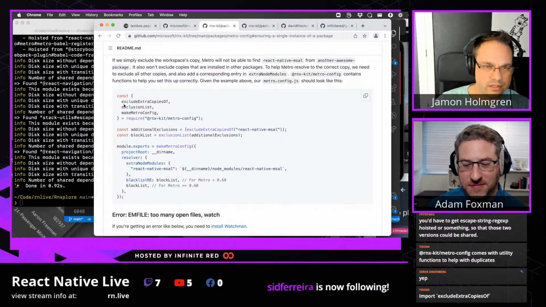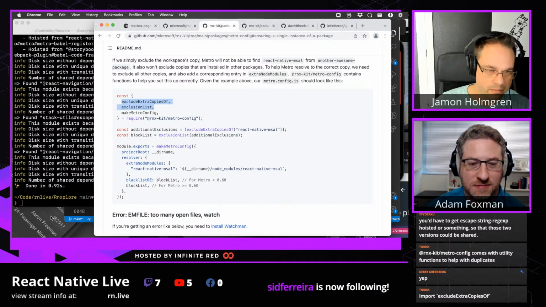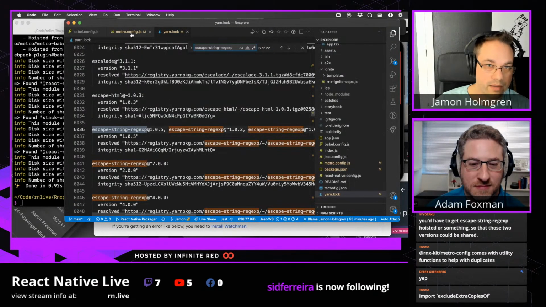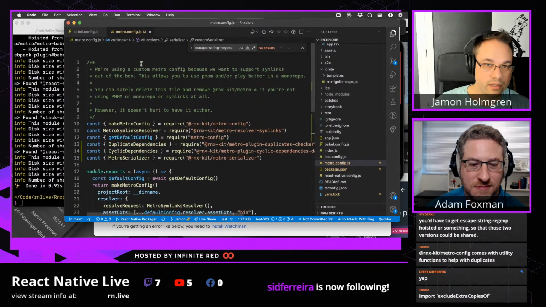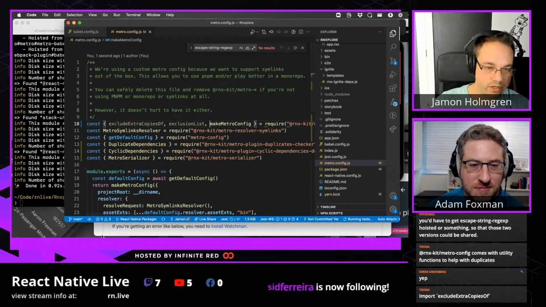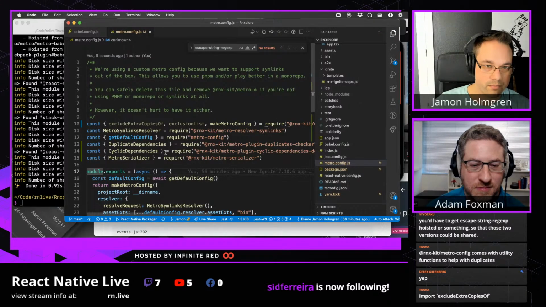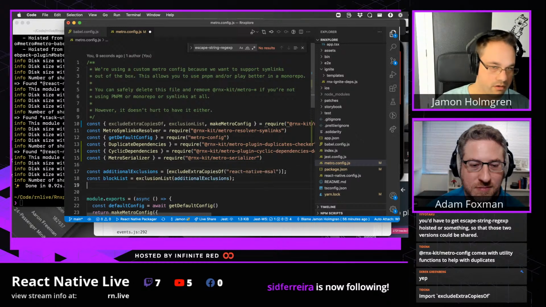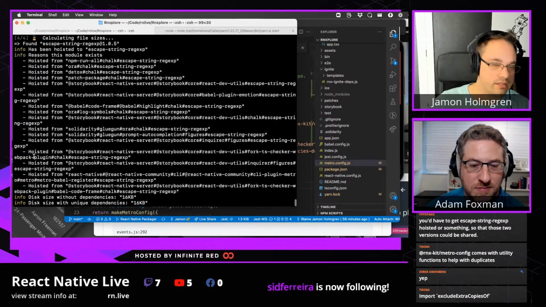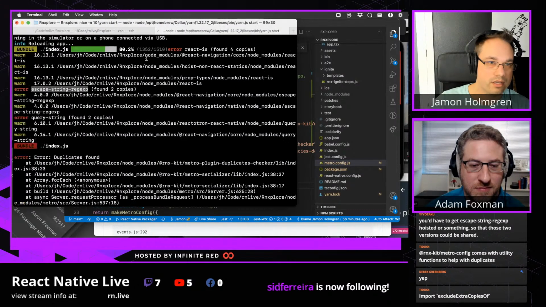So it contains exclude extra copies of an exclusion list. I think these come from Metro config. Let's go grab that there. So Metro config, we'll just add these here. So we have those two extra functions, and then we would basically create a block list here, which is extra copies of, and in our case it is